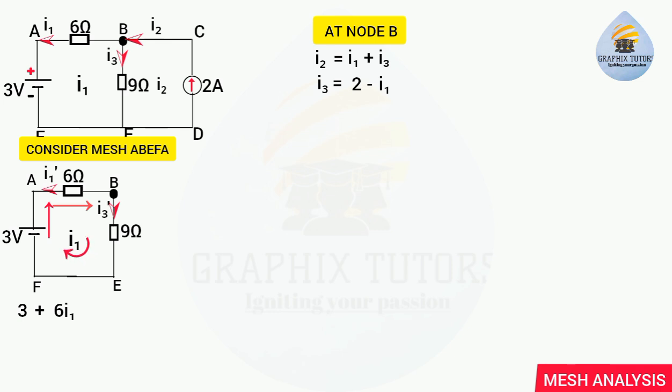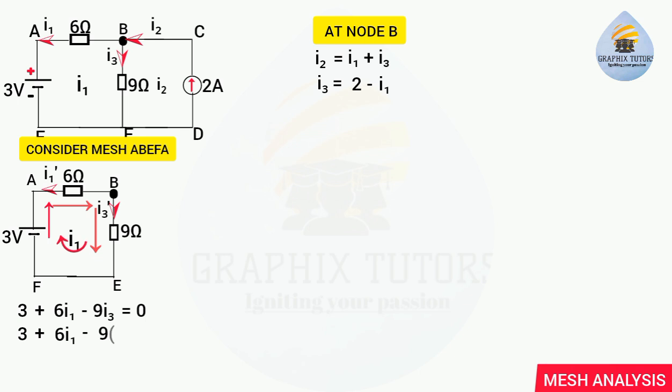Now, I'm going through the part of I3. You see I3 is coming down, and I'm going in the same direction as my I3, the way I'm rotating clockwise. So that is why it will be negative. If you are moving in the same direction as the current, you take your voltage to be negative. Our voltage is the current times the resistance, so I'll have minus 9 times I3 equals 0. Now, if I rewrite this, I'll have 3 plus 6I1